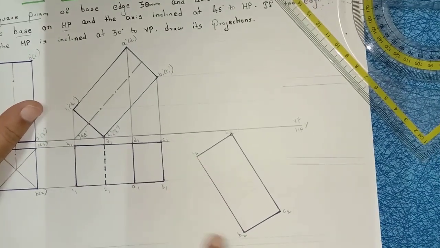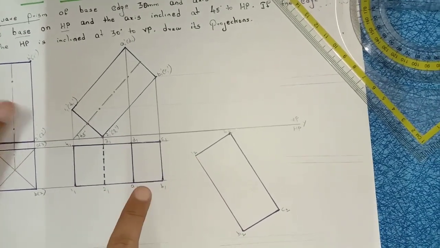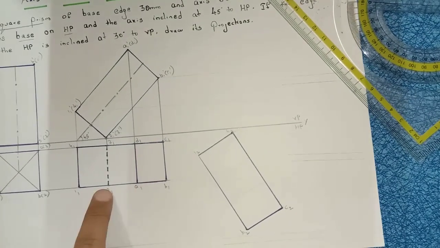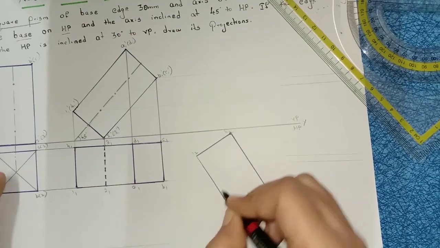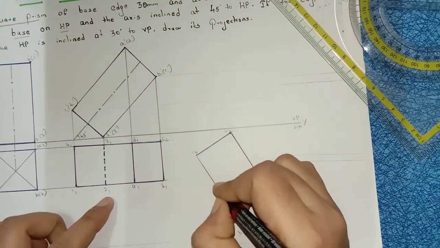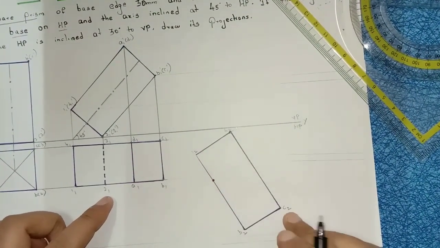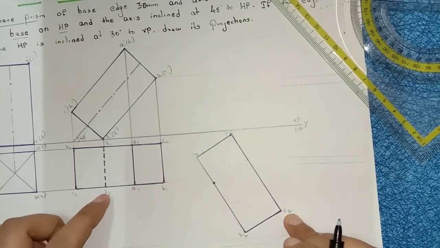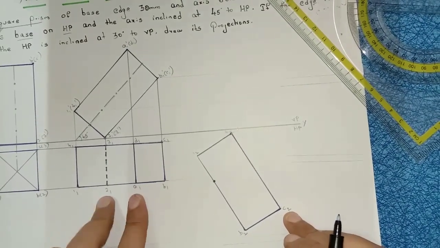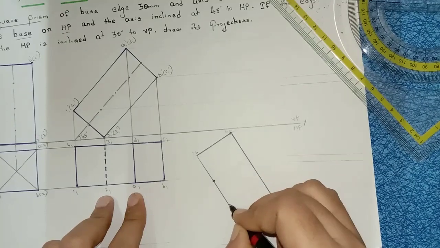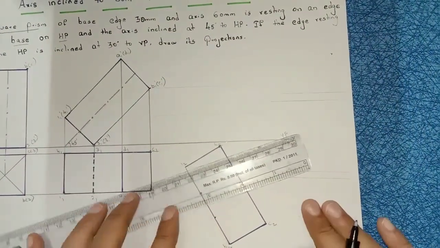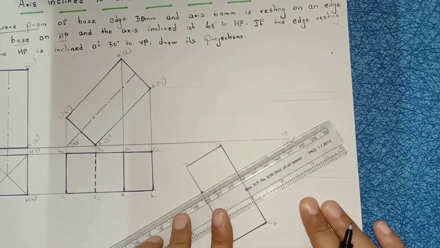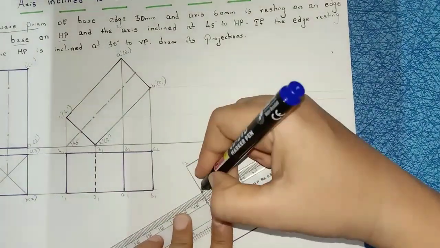Now in between 1 and B, you are having the second point and A point also. Measure this length either with scale or with compass. Mark the point. From first point to second point, measure the distance with scale or compass, mark the point. Again from 2 to A, take this distance with compass, again keep your compass here, mark the point. Right? Now from this point, so that is a dashed line, no. So I am drawing the dashed line here.